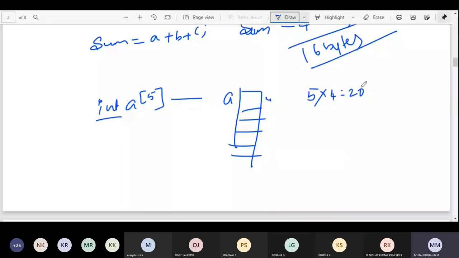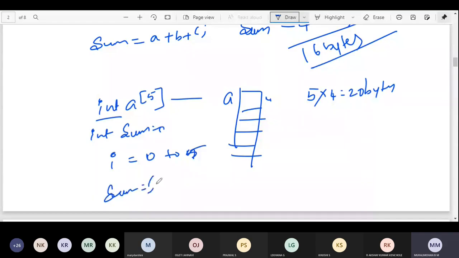Suppose we have int sum = 0, and i goes from 0 to n, here n value is 5, sum = sum + a of i. So here you just see, for a it is 20 bytes, for sum it is 4 bytes, for i it is 4 bytes.